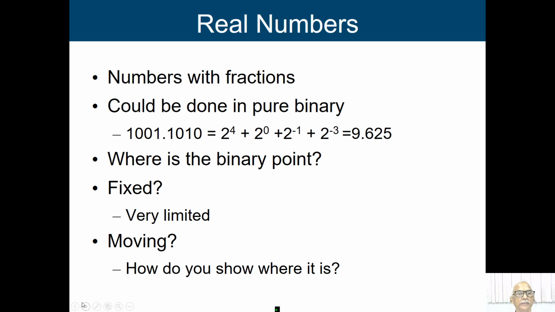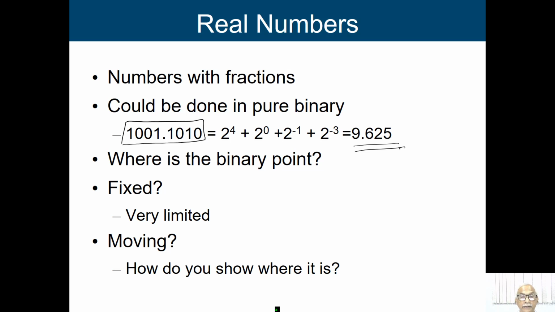So, here in real numbers basically we are going to use numbers with a decimal point, or we say fractions. So, how do we generally do this? In binary we represent real numbers, such floating point numbers. If I have this particular representation with this dot, then this is basically nothing but 2 to the power 4 plus 2 to the power 0 plus 2 to the power minus 1 plus 2 to the power minus 3. After the decimal point, the powers are negative. Okay. So, ultimately we are going to get 9.625.